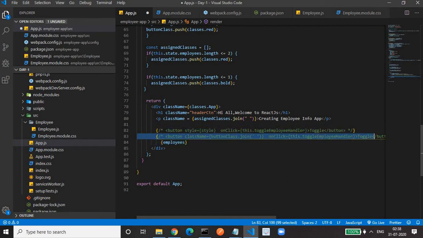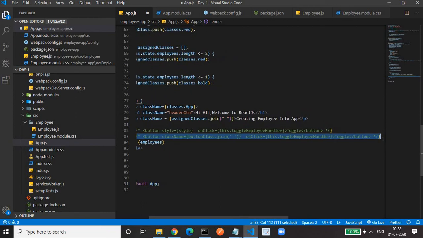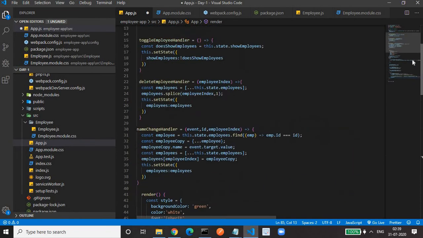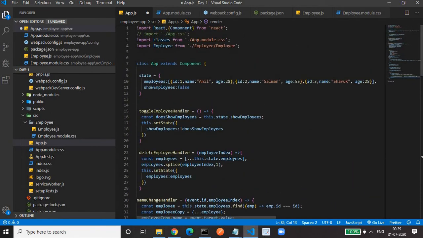So before showing this implementation of applying class dynamically, I will tell you one issue that we will face. In this app.js component, if you see, we have imported the app.css file.